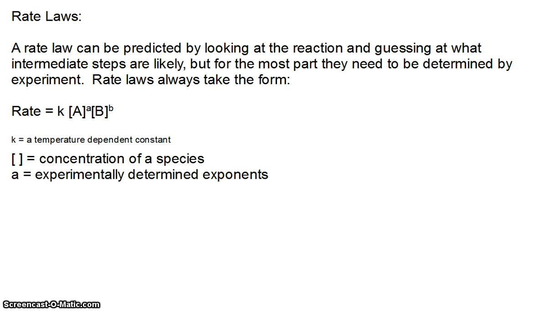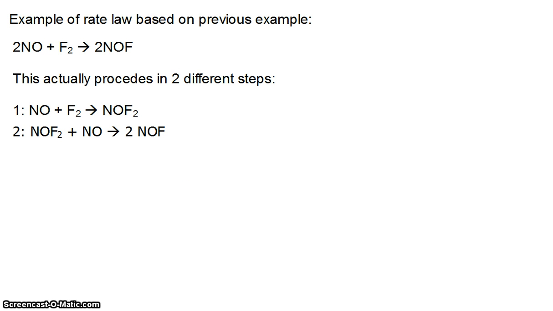So the higher the temperature, the higher k gets. And then you have your different substances. So there's just generic A and B, and they're raised to some sort of experimentally determined exponents. And we'll talk in a little bit here about how you determine those exponents. Okay. And again, we're back to this,